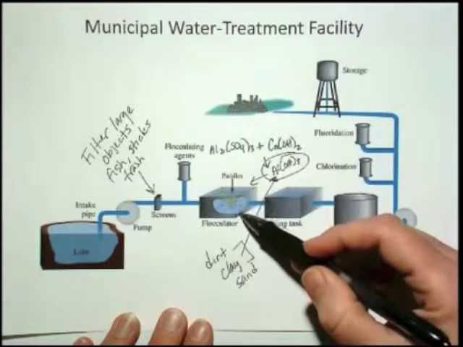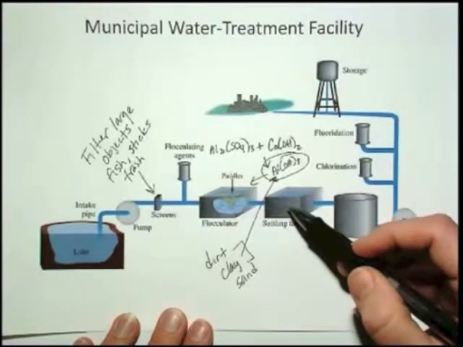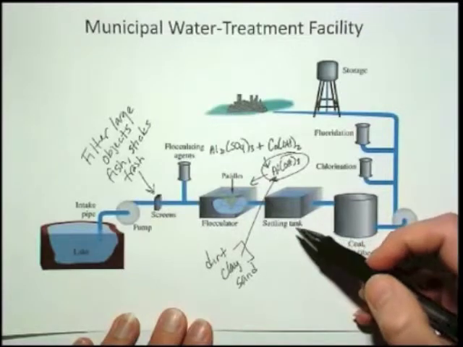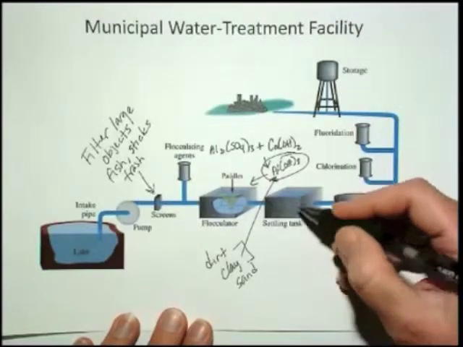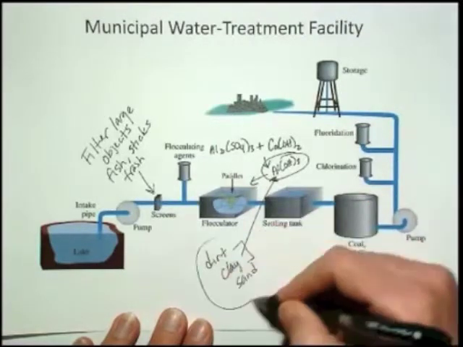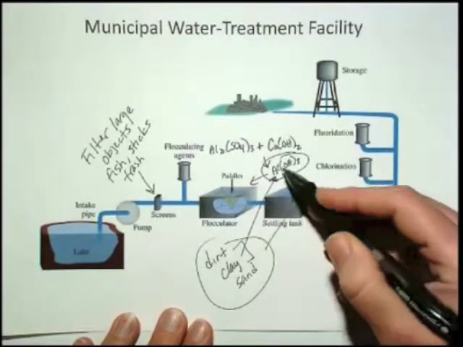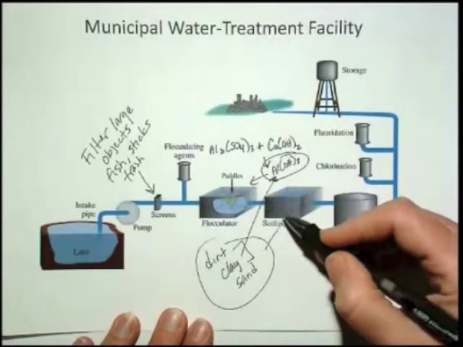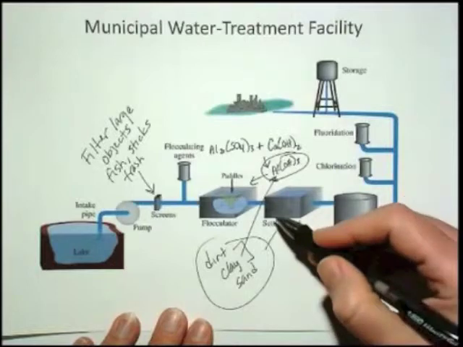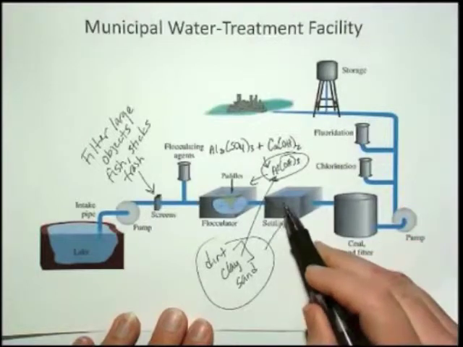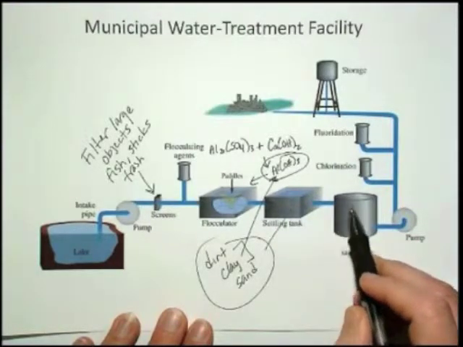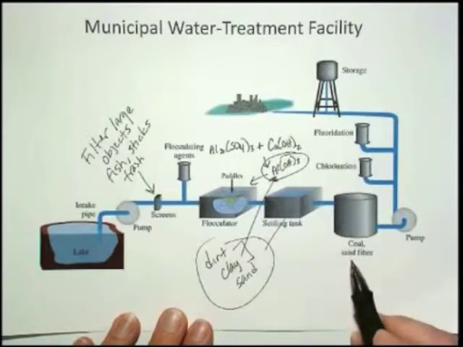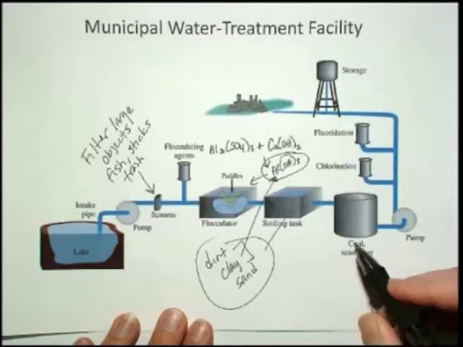and the particles grow bigger and bigger, and then they are pumped into the next tank, which is the settling tank, and then the dirt and the clay and the sand and whatnot settle out, stuck to this gel, and form this sludge on the bottom of the settling tank. And then the water on the top is pumped further on through another filter, which is a coal and sand